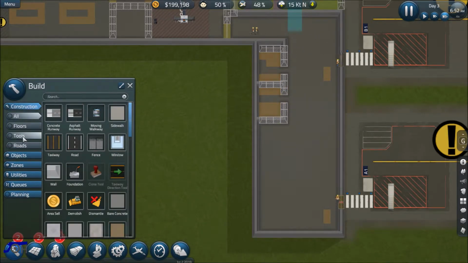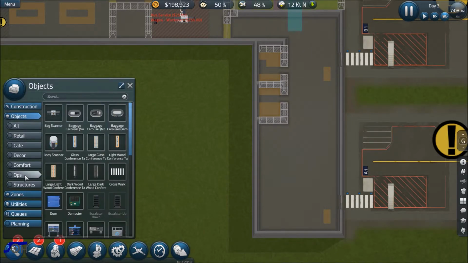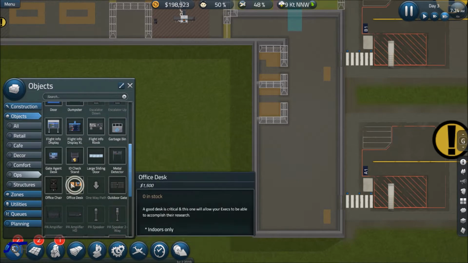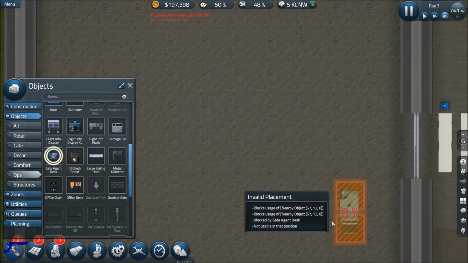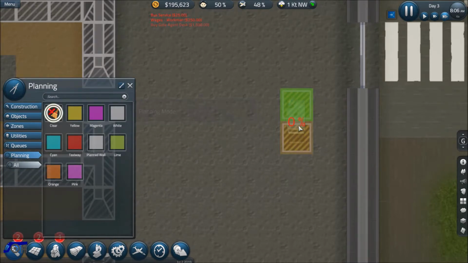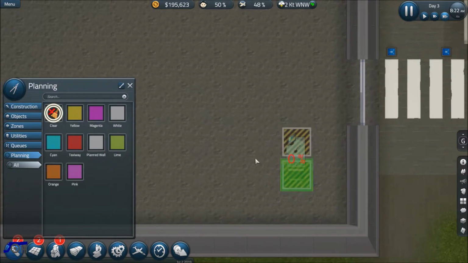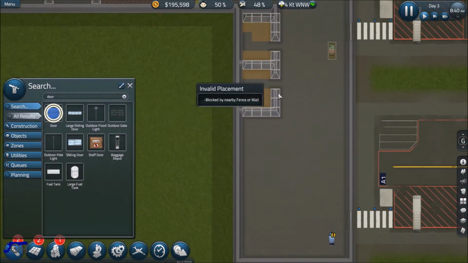And lastly, we're going to get our operations. We need a gate agent desk. Right there. And right there. Turn the planning sections off for those. Okay, let us run the...